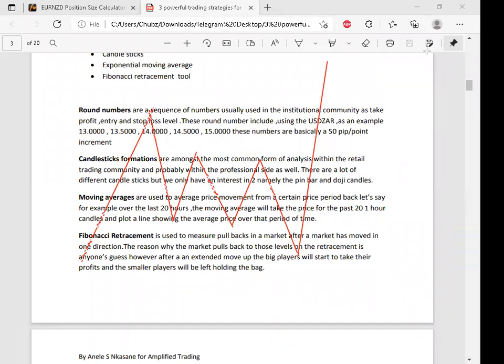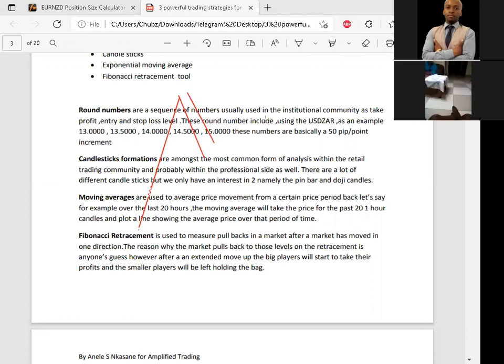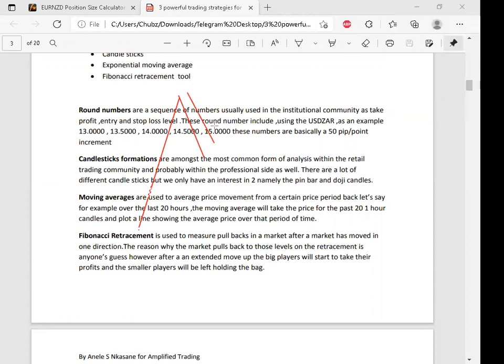Now, the old trading adage says that the market moves one step forward, or two steps forward rather, and one step backwards, which means on average you'll see the market pushing up, if it's trending towards the upside, pushing up 100 pips and then pulling back 30 pips or 50 pips or 40 pips. So the Fibonacci retracement tool is in place for us to be able to measure that retracement, right? So measure what percentage of this move